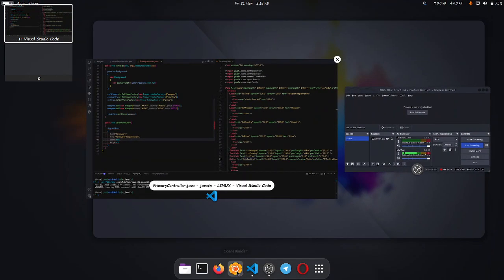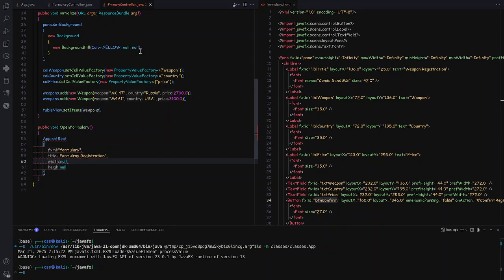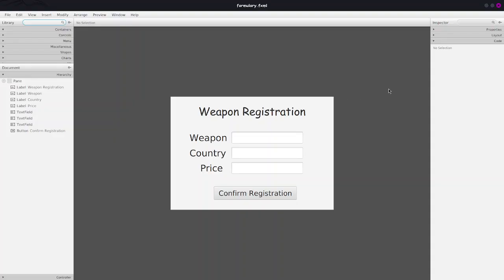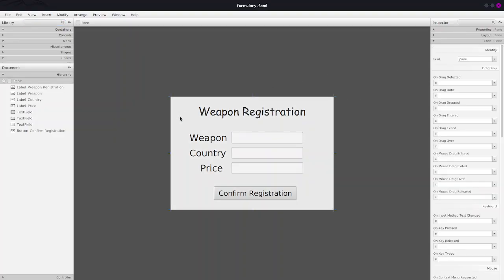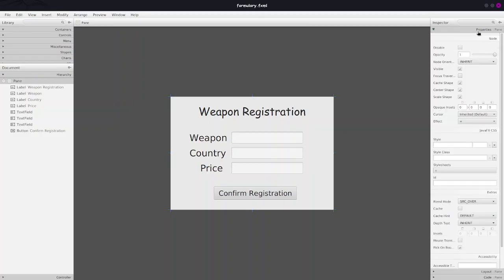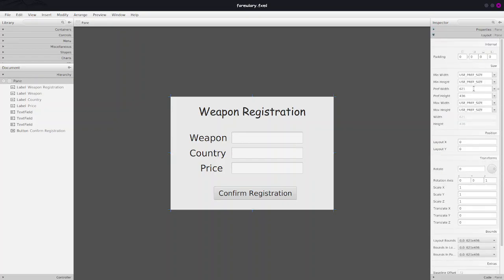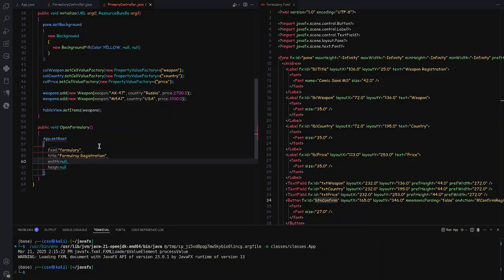So I need to know the dimensions for the formulary, and here in the pane, I click on the pane and I go to layout, and the width is 621. So here the width will be that number,